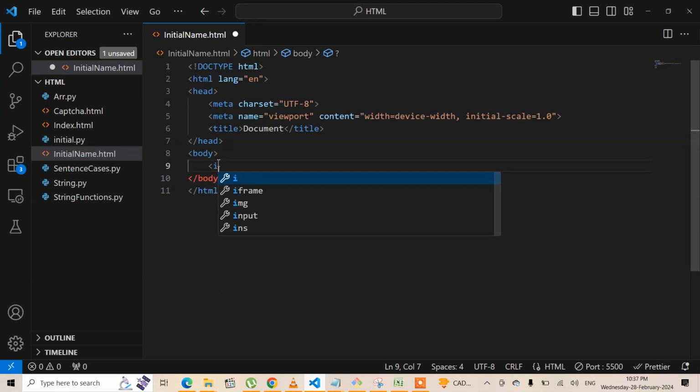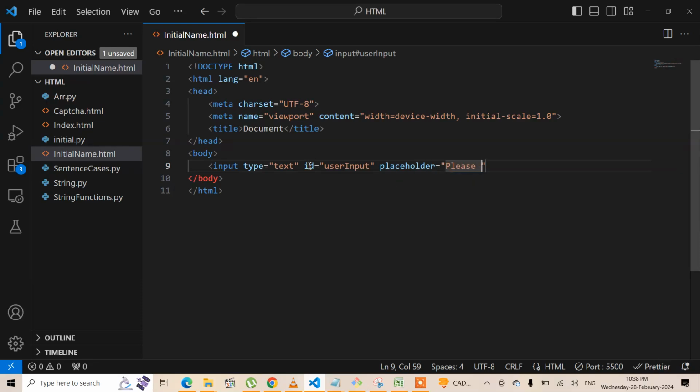It would have nothing, simply our input type. It would be of text type, and I will be giving it an ID. Input type text, ID maybe user input, and the placeholder would be, please enter your full name. Fine,